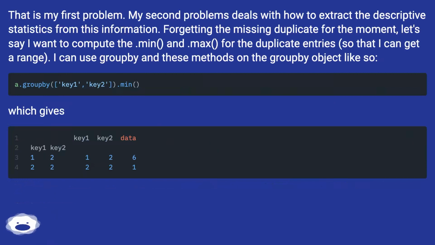My second problem deals with how to extract the descriptive statistics from this information. Forgetting the missing duplicate for the moment, let's say I want to compute the min and max for the duplicate entries, so that I can get a range. I can use groupby and these methods on the groupby object like so, which gives